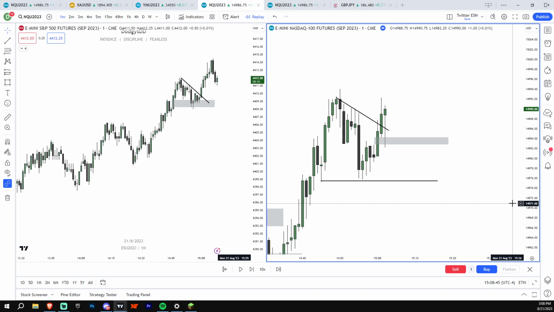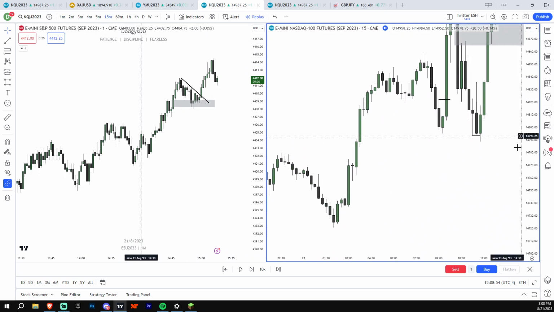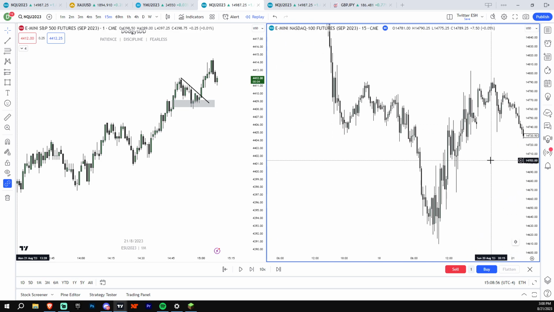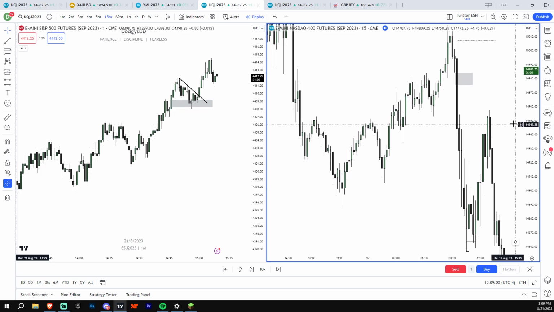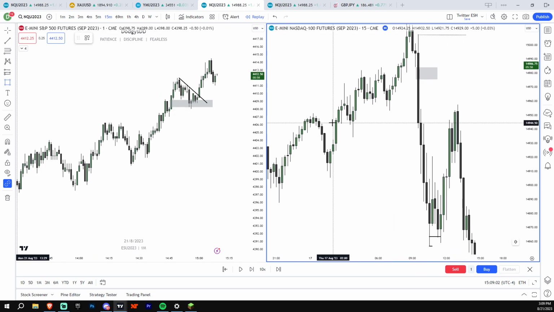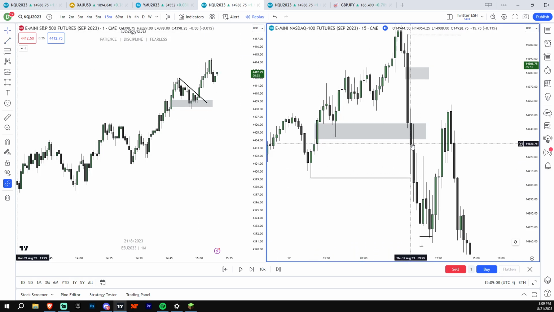Now I'm going to go to an example where I do not look for a fresh one because we have not used an old one. It was from the 15-minute the other day, right here. See how right here we had an internal low in the 15-minute. See how we closed under but did not hit the low in this wick. Then we wick back up, and then we go to that low.